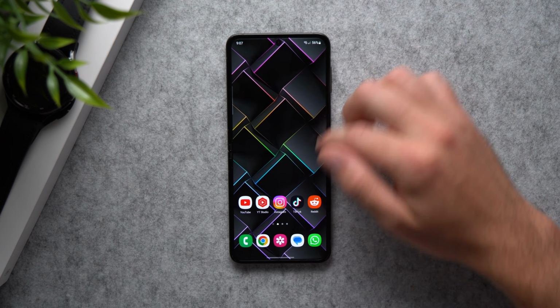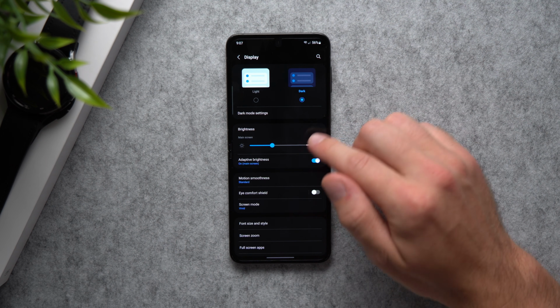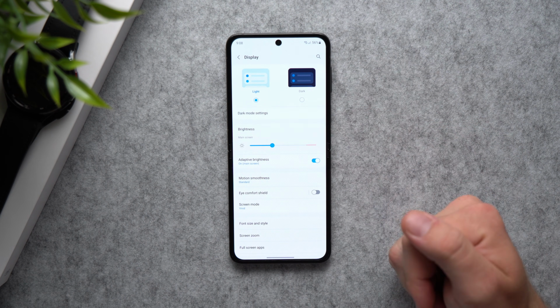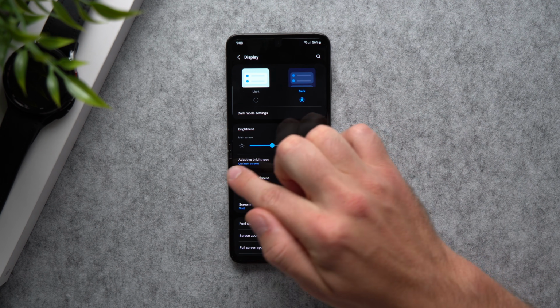All right, next we're going to go back into our phone settings. We're going to go to display. Now by default, when you get your phone, it is going to be set to light mode. But because these are OLED displays, if we enable dark mode, any part of your screen that's completely black, like